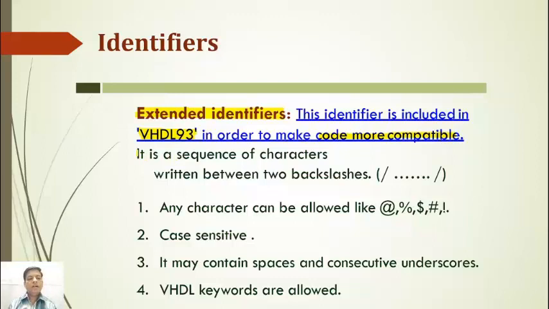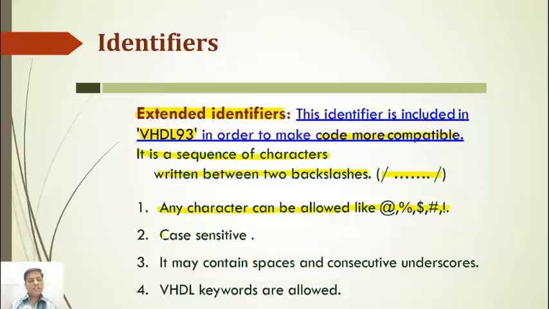It is a sequence of characters written between two backslashes. Likewise, first, any character can be allowed, like @, percentage, dollar, hash, and exclamation sign.